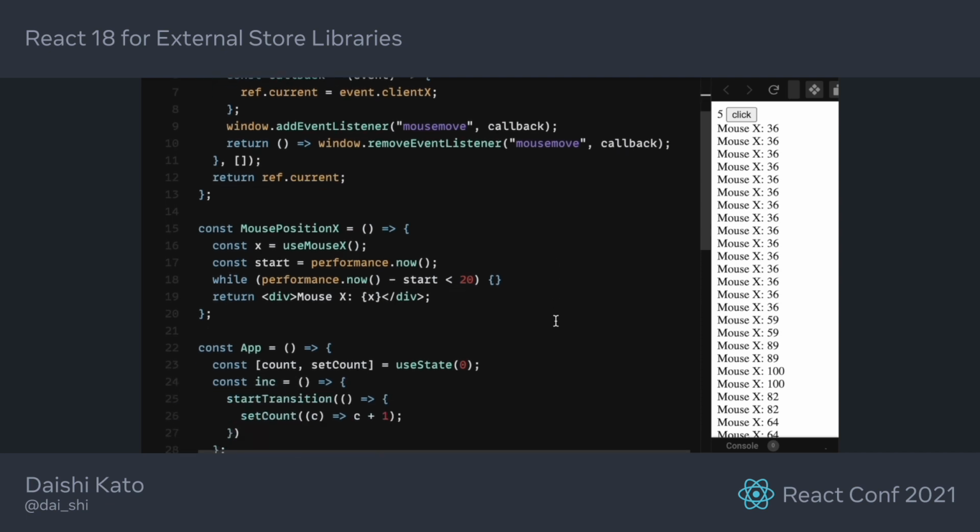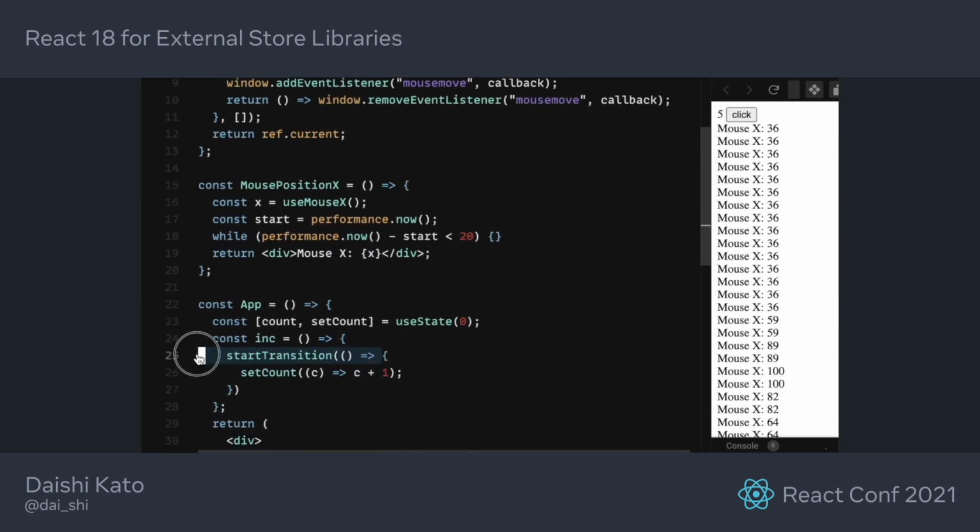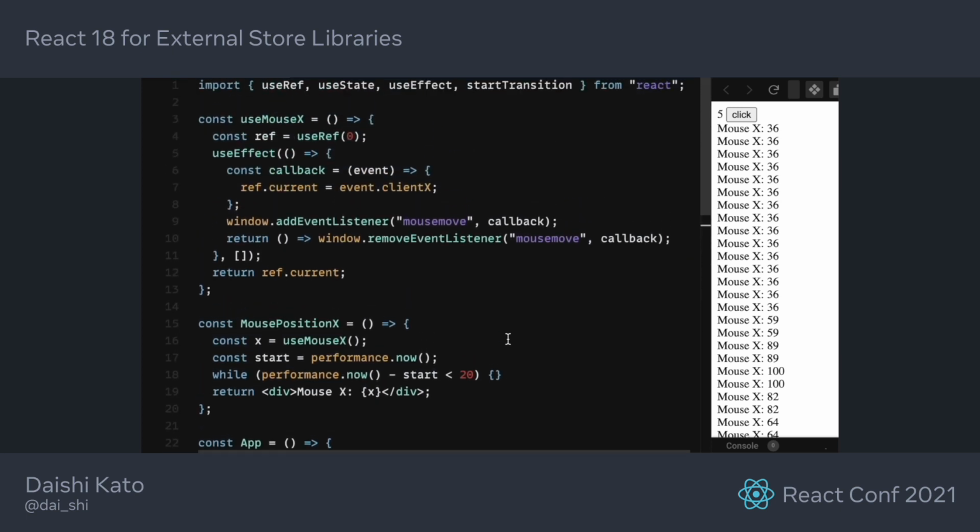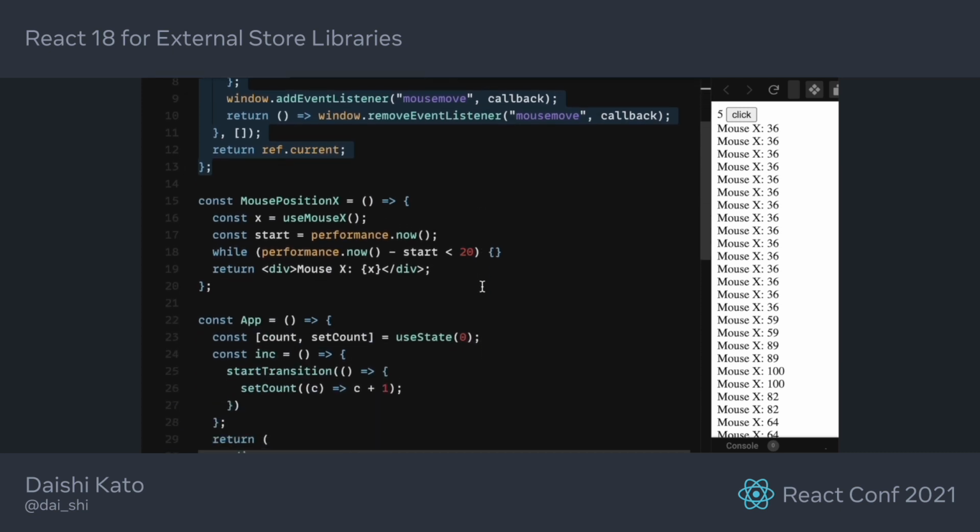So you may think if you don't use startTransition, it's safe. While it's partially true, the point we want to make here is, from the library point of view, we cannot ensure that. In this case, the useMouseX hook is a library. The implementation of useMouseX has nothing to do with startTransition.